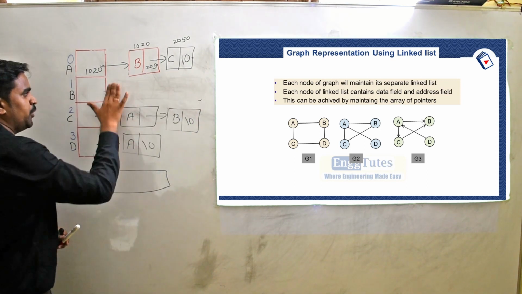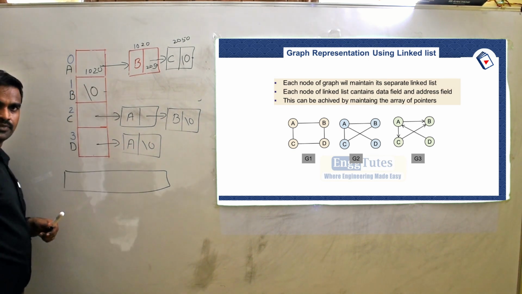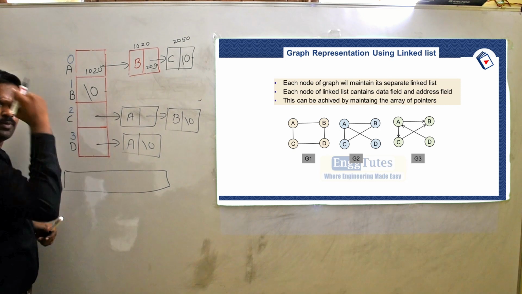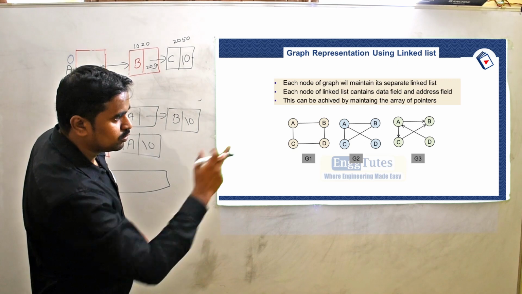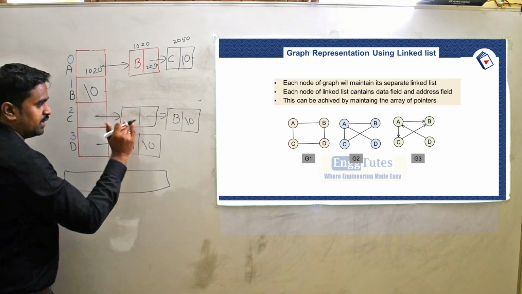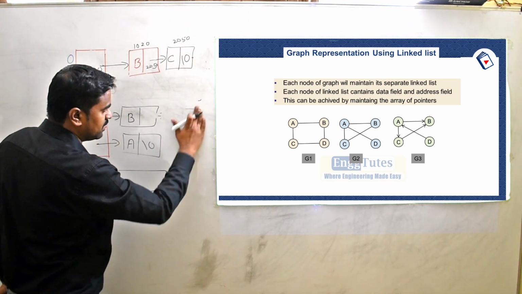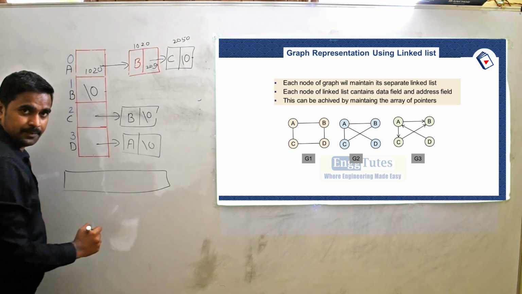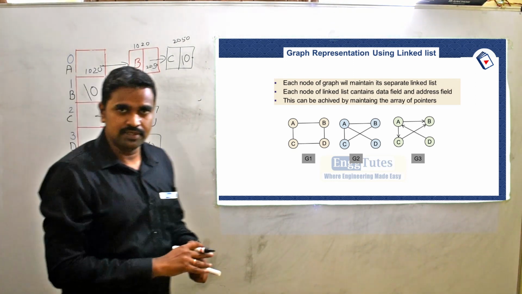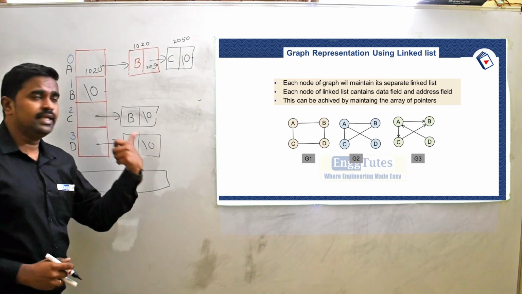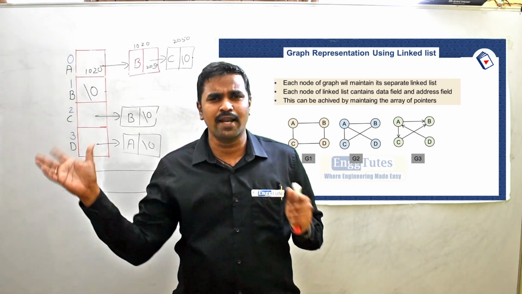And अगर कहीं पे तुम पॉइंट आउट नहीं कर सकते हो, it means your value is null. ठीक है, null represents that B से तुम आगे कहीं पे नहीं जा सकते हो, ये dead end है. Done. C से तुम कहाँ पे जा सकते हो? To B only. So C has the address of a new node, that is nothing but B, and B से लेके आगे तुम नहीं जा सकते हो कहीं पे. ठीक है, done. D से लेके तुम सिर्फ जा सकते हो A के ऊपर and then slash 0. Done. So this is the linked list representation of a directed graph. So I hope you got the concept of how we can represent the graph using array and linked list.